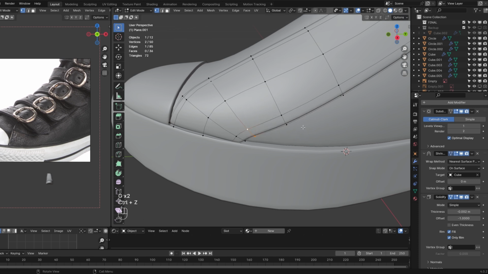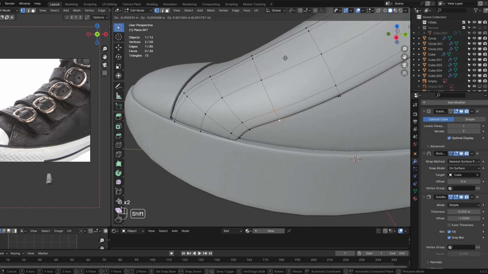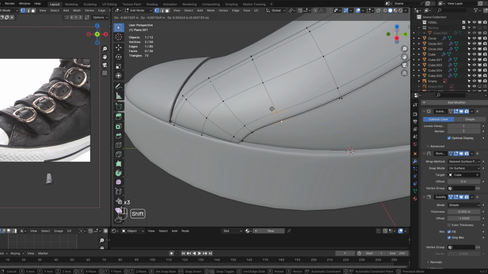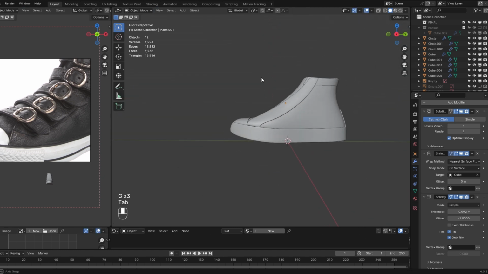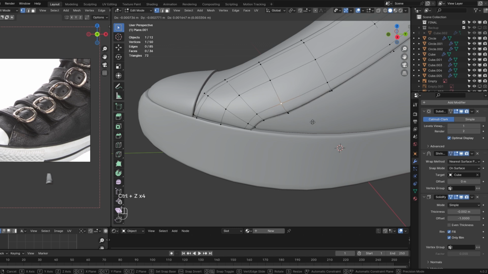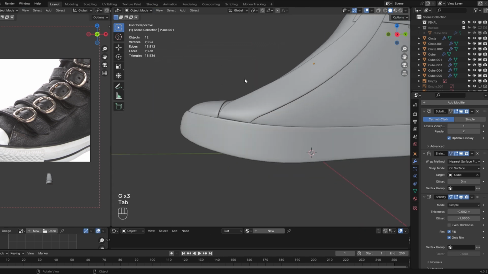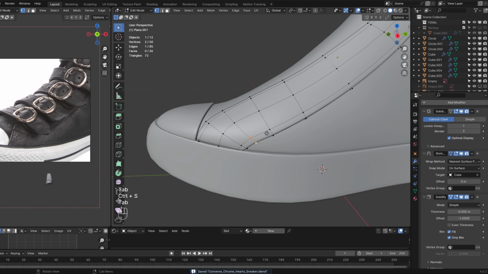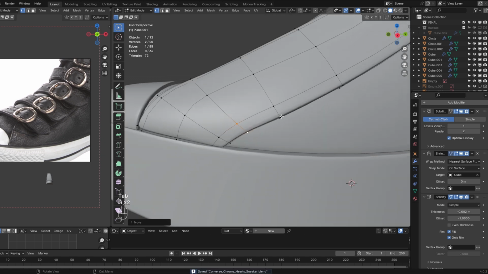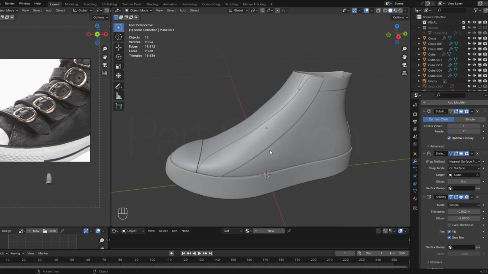Just move this here maybe a bit. This here like this, so... Or maybe even not that, because it's really not that curved in here. You know, like... Yeah,